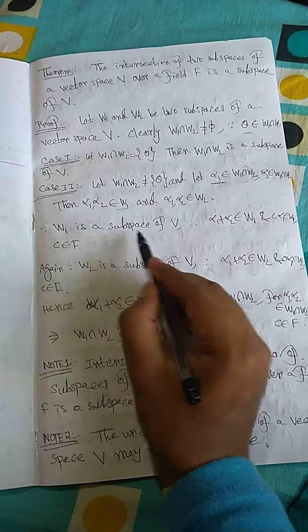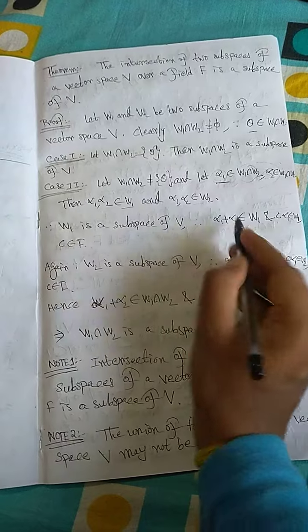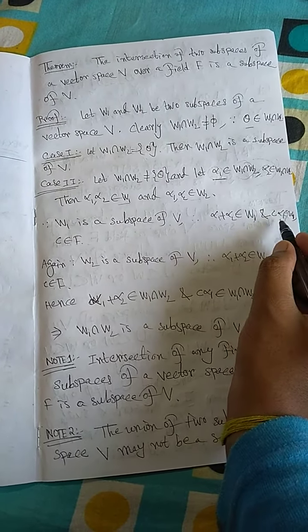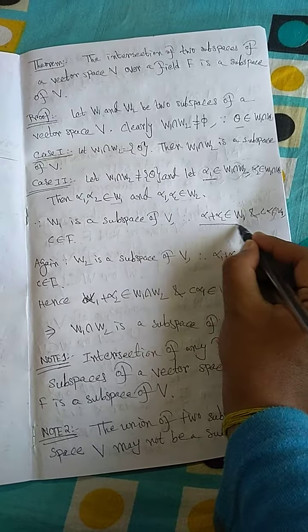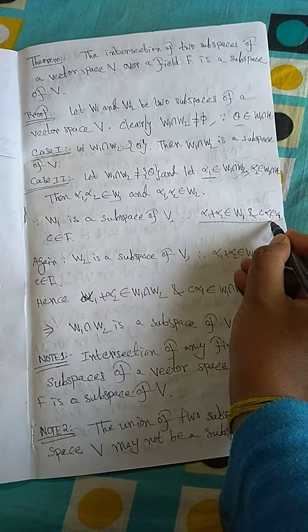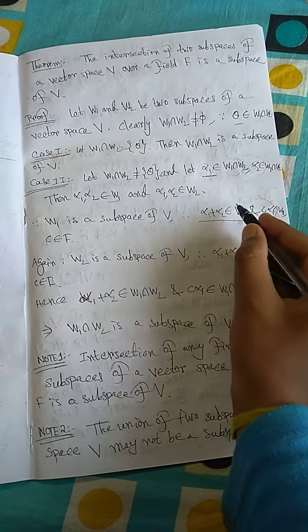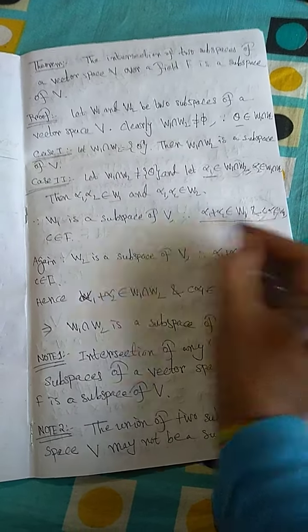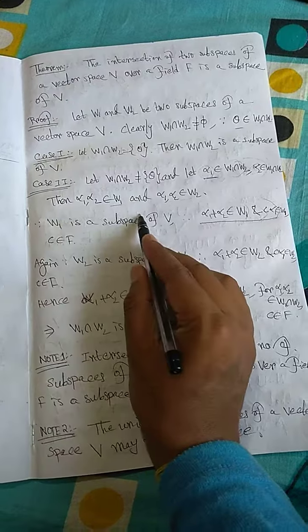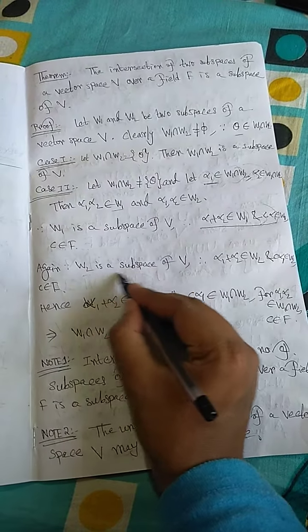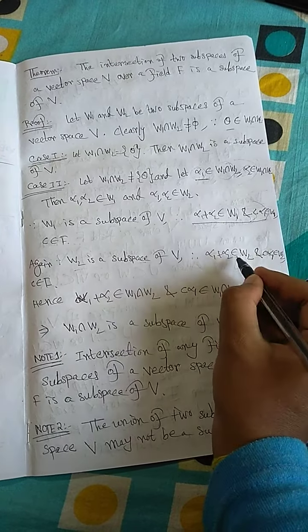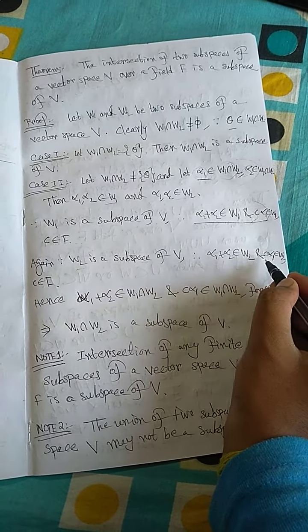Since W1 is a subspace of V, their sum belongs to W1 and their scalar multiplication also belongs to W1, because this is the condition for a subspace. We already did the necessary and sufficient condition. Alpha 1 plus alpha 2 and C alpha 1 belong to W1, where C is a scalar, because this is a subspace. Similarly, since W2 is a subspace, the same thing happens in case of W2 also. Alpha 1 plus alpha 2 belongs to W2 and C alpha 1 belongs to